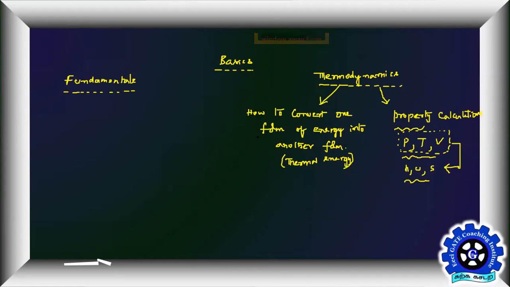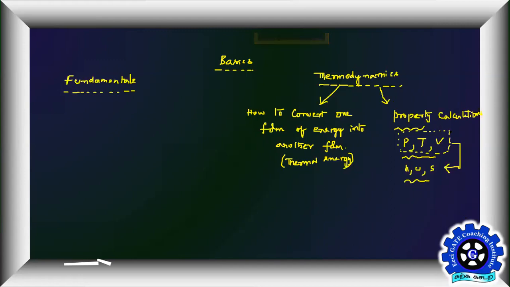Understood? So any other property that you want to name after this PTV, we assume that we are going to derive some kind of correlations or equations, so that if I know these three, pressure, temperature, and volume, you can solve for any other property that you are going to name under thermodynamics. So these kind of equations or the conversions also will be read under these property calculations, especially under thermodynamics.